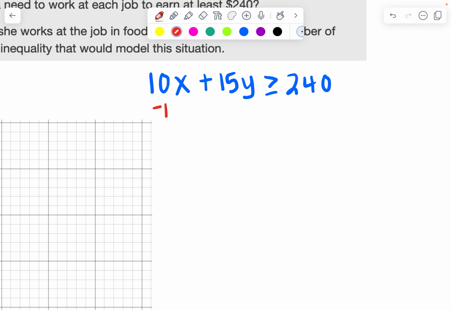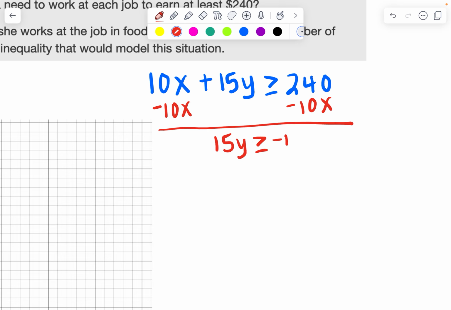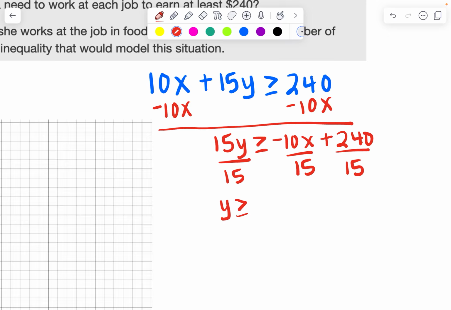So I'm going to take 10x from both sides. And we're left with 15y greater than or equal to negative 10x plus 240. And then divide by 15. Make sure you're dividing everything by 15. We get y greater than or equal to